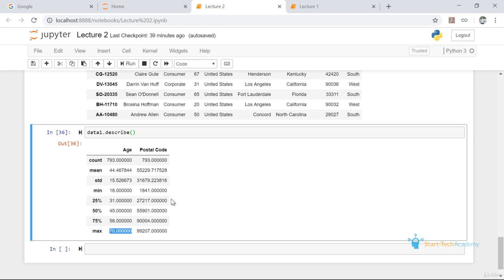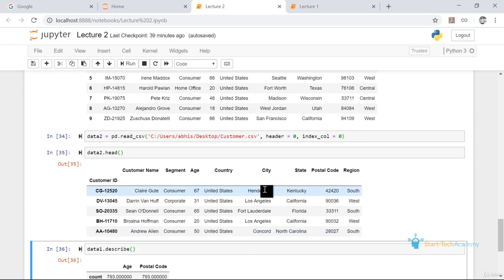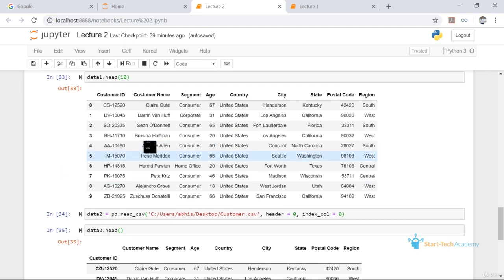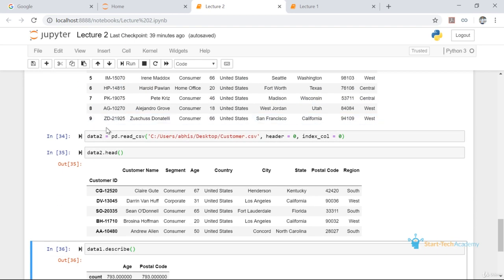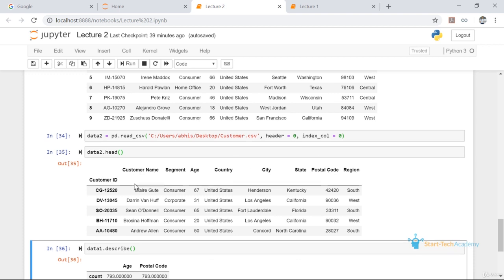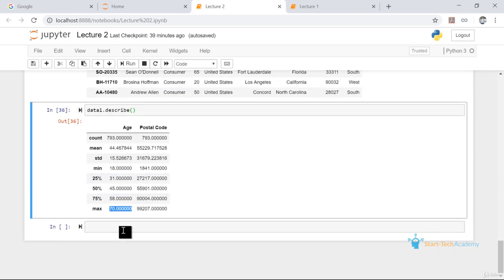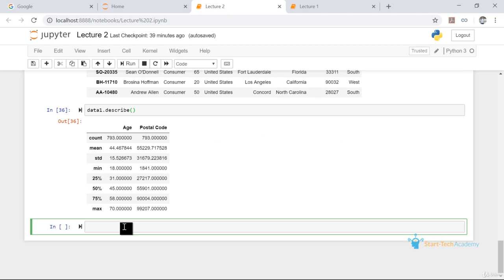There are two ways to index a data frame. So we discussed earlier, while importing this data, we can provide an index column. For data1, we did not provide any index column, and for data2, our index column is customer ID. So if we want to view the first row of our data, we have to use either loc or iloc.